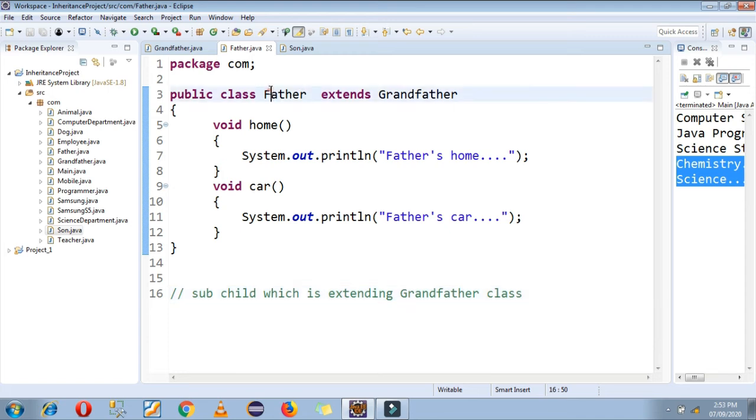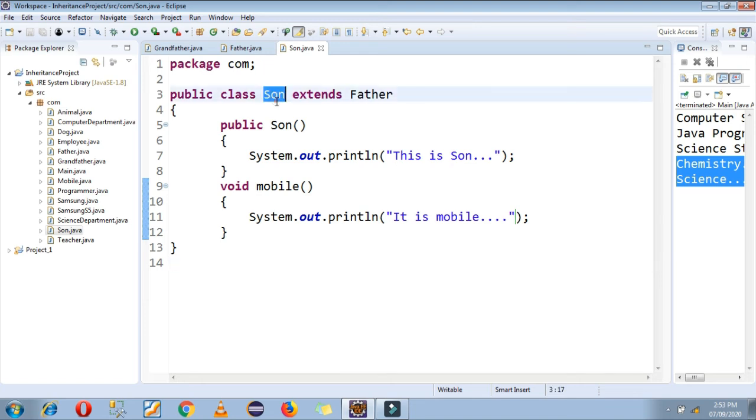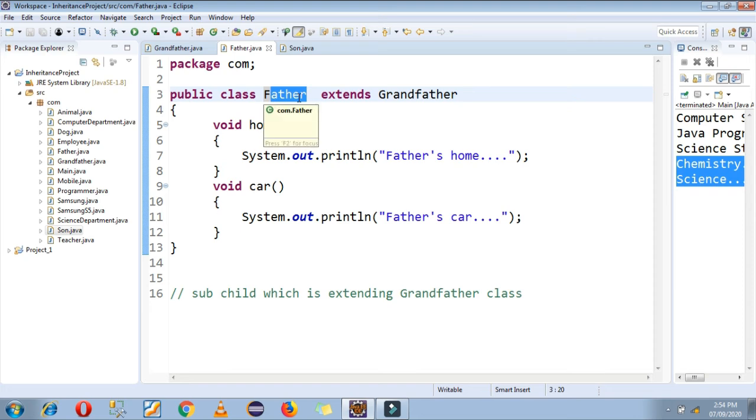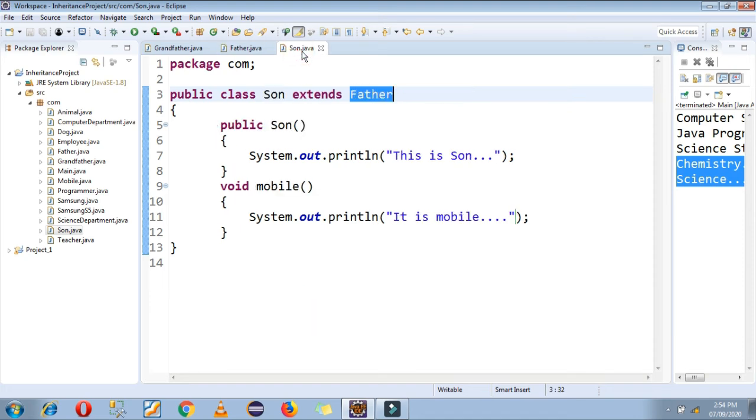So it's nothing but what? Multi-level inheritance. When we are creating multiple levels, it's nothing but a multi-level inheritance. Okay. So it is a type of multi-level inheritance. Now son will be treated as a subchild of the father class.